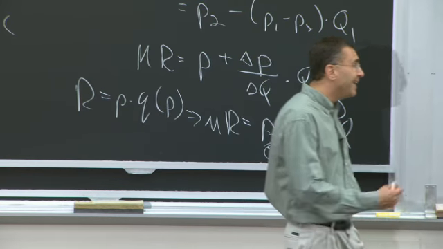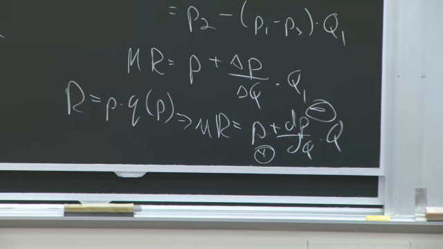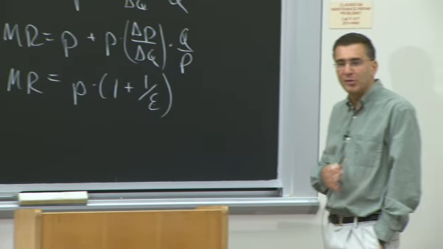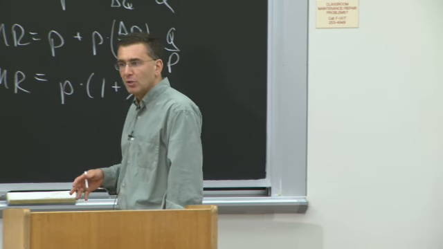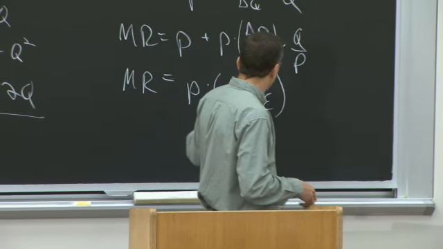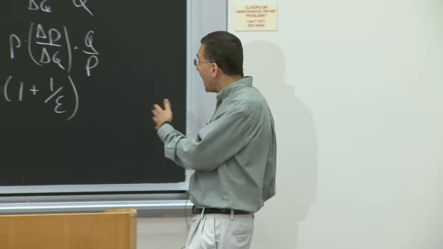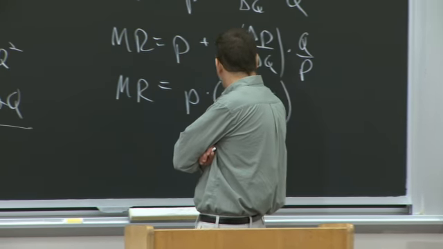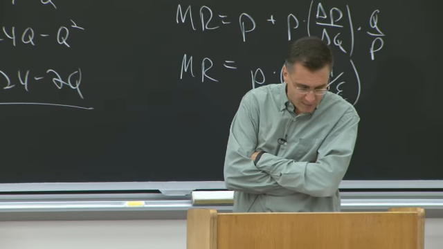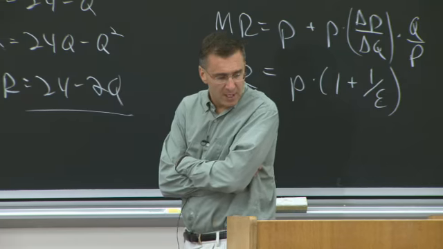With a very inelastically demanded good, to sell one more unit, you're going to have to lower the price a ton, which is going to poison the revenues you get from selling that extra unit. So that's why marginal revenue will be a larger fraction of P as this elasticity becomes more negative.